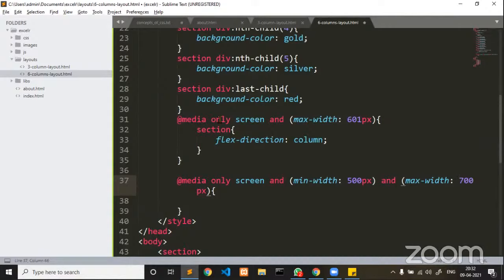I hope you people are comfortable with writing media queries now. So again, I am repeating, media queries are required only if your web elements are going outside of a particular screen. If the elements are within the screen